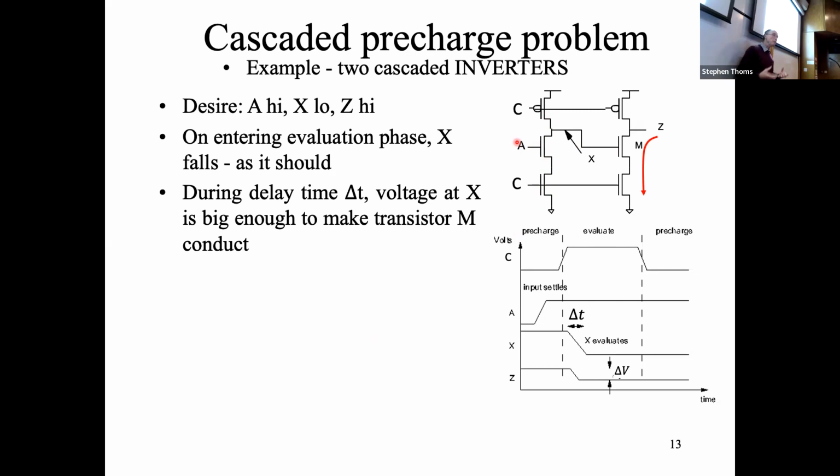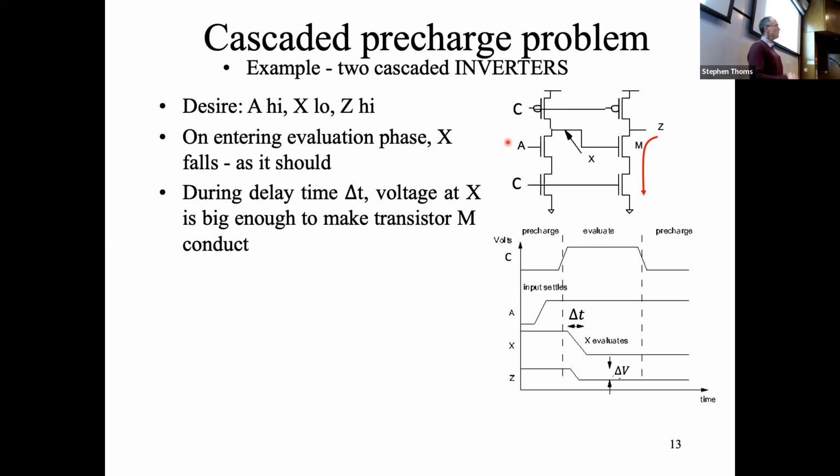Okay, so if you remember that the way pre-charge logic works is that the clock needs to cycle from low to high, and when the clock's in the low phase, then you are pre-charging the nodes, and then when it's in high, it evaluates. So that's what we've set up here. We've got two